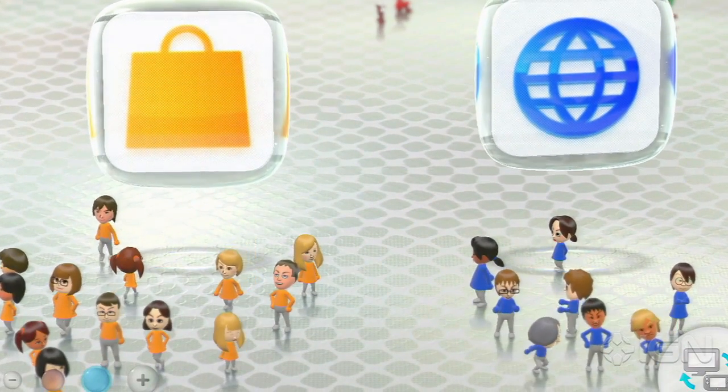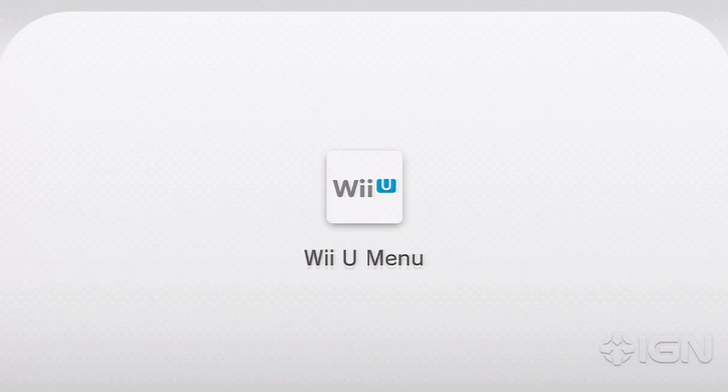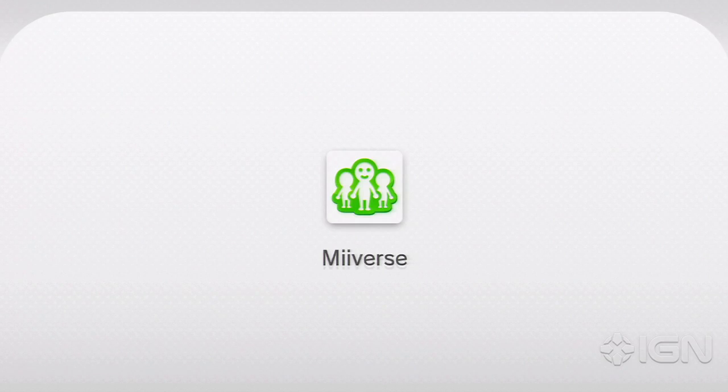Opening a new channel is a bit like opening a new app, and various features of the Wii U range from irritating to infuriating. You'll waste anywhere from 10 to 30 seconds accessing basic features like the Wii U menu or Miiverse. These loading screens don't have a progress bar and feel painfully slow. Hopefully it's just sloppy software that can be patched up, but if not, these loading screens will add up through